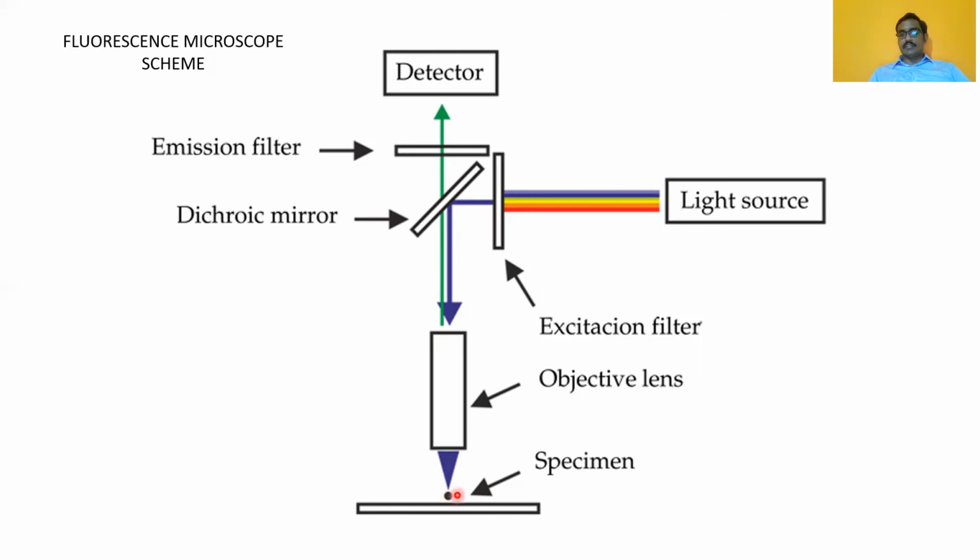And when they fall back, the energy that the electron gained is released as electromagnetic radiation. Okay, so it can be light of a particular wavelength. So here, if the sample is a fluorescent sample, it's going to absorb the UV light that falls on it, and then release light out